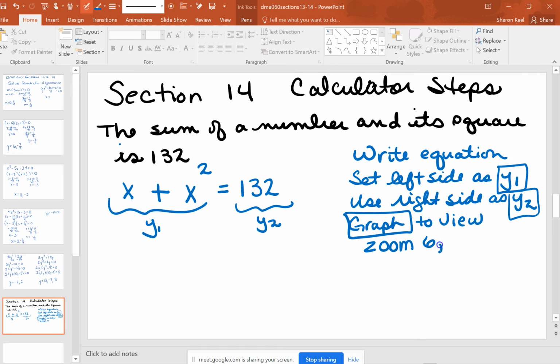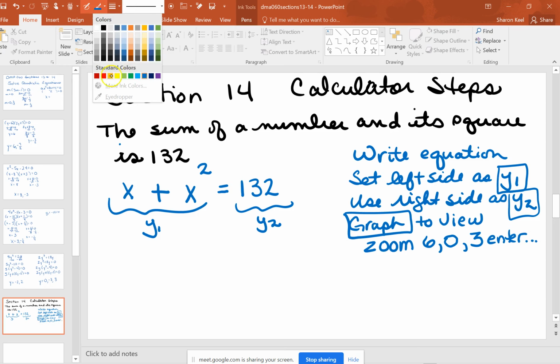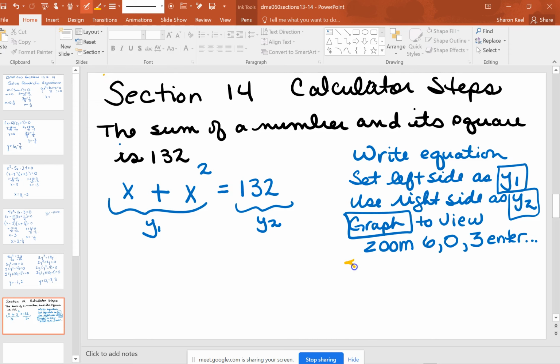We're going to start with zoom 6. If we don't see the point of intersection, we then do zoom 0. If we still don't see the point of intersection, we do zoom 3, enter. What we are doing is, I'm going to make note here, stop zooming